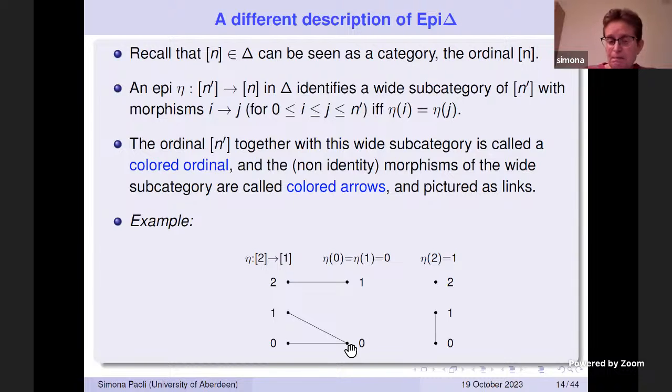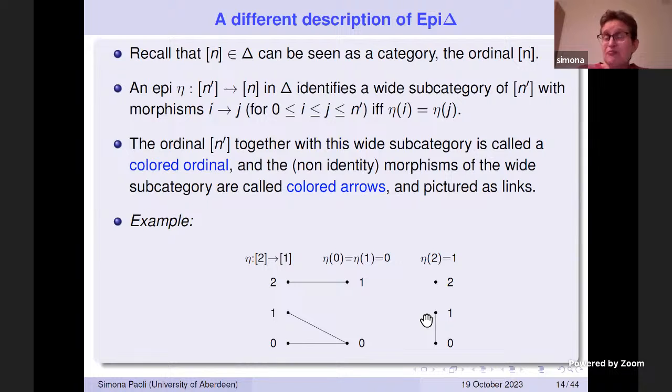So the way we can think about this is in terms of so-called colored categories, which I think is the same concept as relative categories. I'm using the terminology colored for consistency with Kock's paper, but it's the same notion. So you think of this as a colored ordinal in which the colored arrow in this case is exactly this arrow depicted as a link. And now what about a